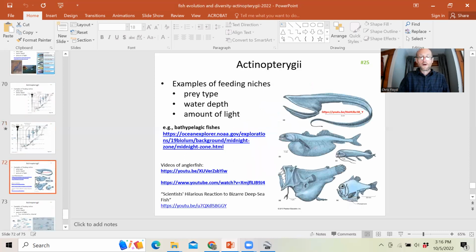Hard to imagine. But those are bathypelagic fishes, just some examples of them. We've got the gulper pelican eel there, and lots of others. Many of them look like this. Right there, this shows the